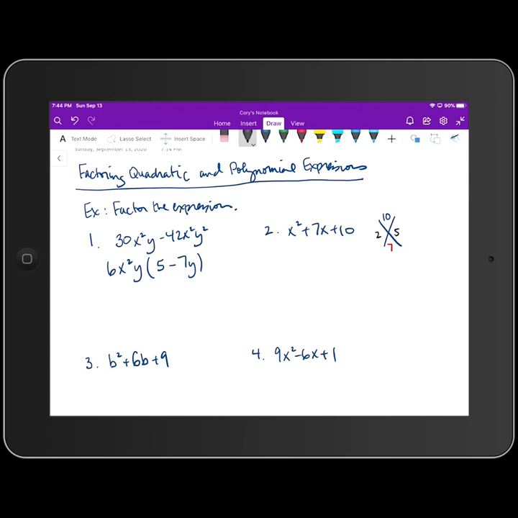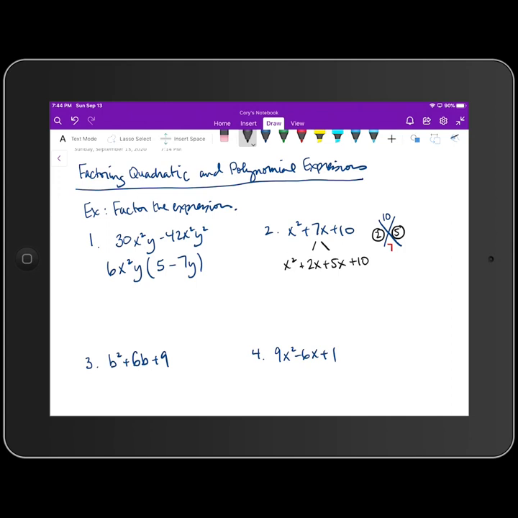Okay, so once we identify those 2 numbers, we're going to take the middle term, 7x, and break it up into 2 terms using these 2 values as our coefficients. So we're leaving the first term alone, x squared. We're leaving the last term alone, 10. And then we're going to break that middle term, 7x, up into 2x plus 5x. Those two statements are equivalent. They're exactly the same because when I take the two middle terms, 2x plus 5x,